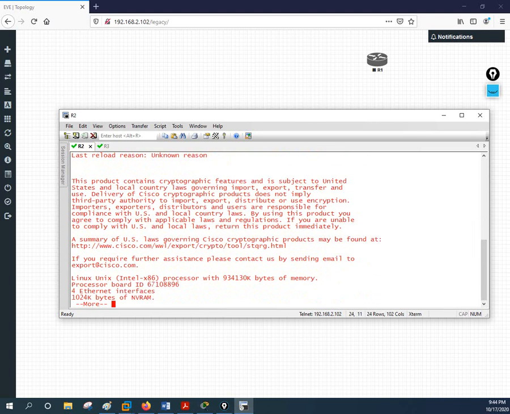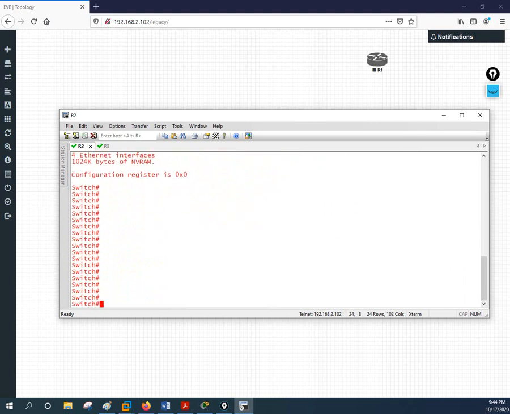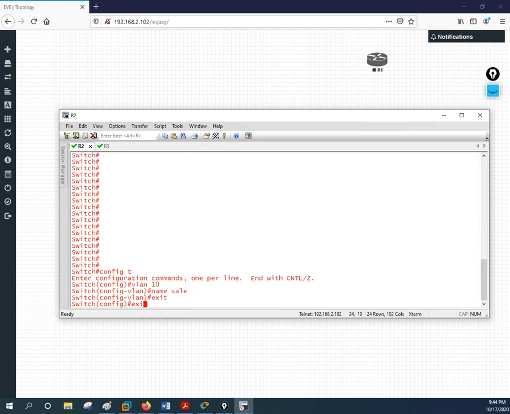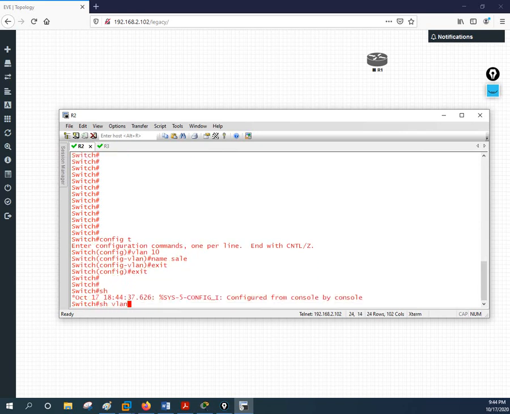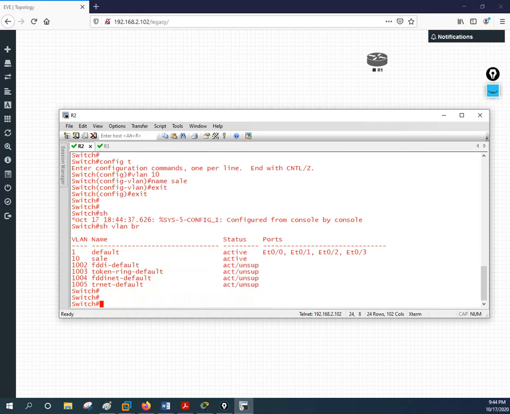Okay, so what else can you see? If you want to create a VLAN, you can create it like this. You go to configuration mode, then write VLAN 10, and give the name, for example sales. Now exit and check show VLAN brief. It will show one VLAN created, that is VLAN 10. This we already know, we already discussed in our previous CCNA series. If you want, any port can also be put in the VLAN.